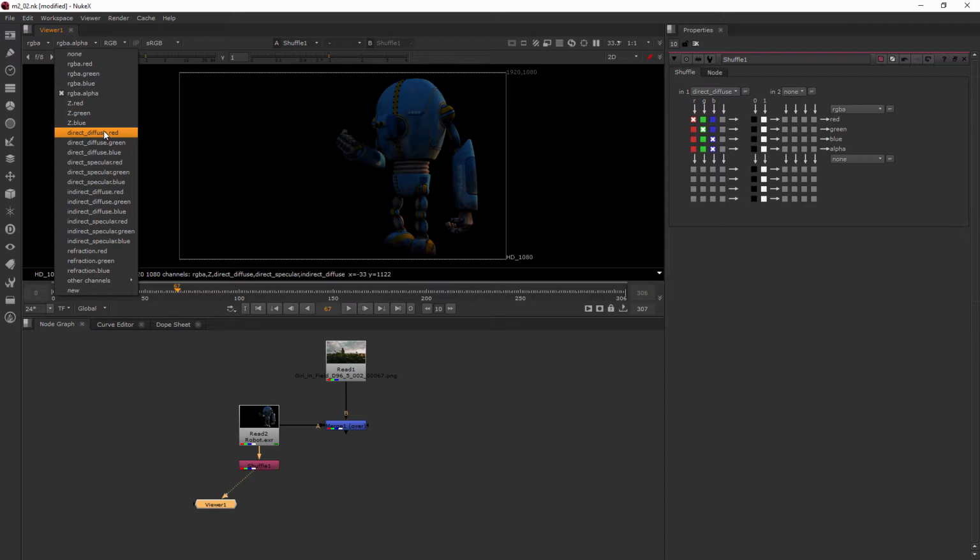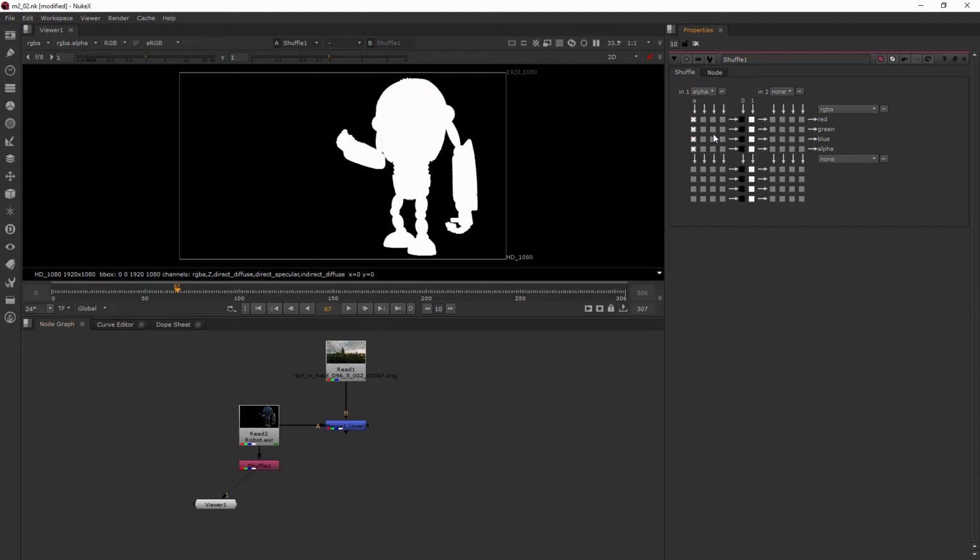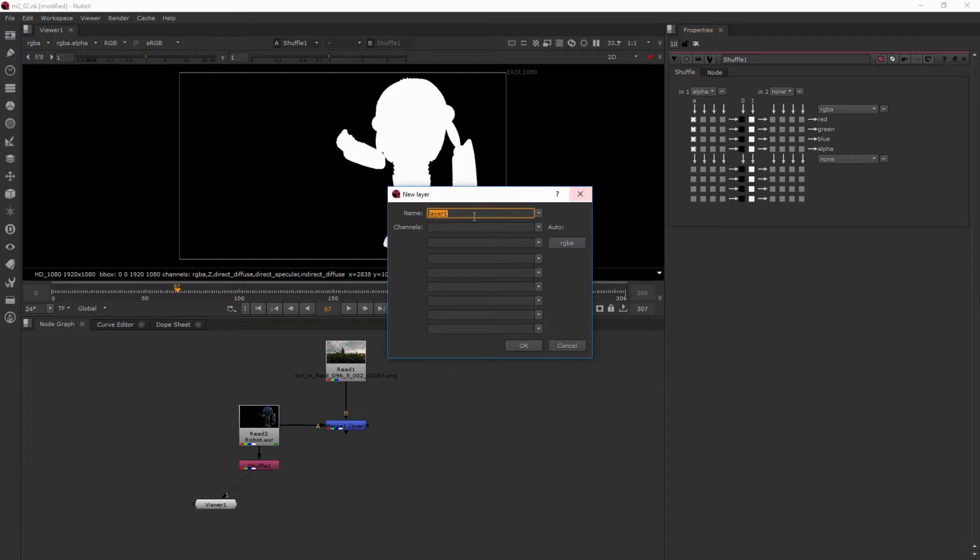Now, I want to show you how I can actually make a totally new layer out of a channel. So just to make it really simple, let's do it with our alpha. So of course I can just look at my regular alpha here, but I actually want to create a new alpha that's for the robot because later on I might have some other alphas and I want to have one that's specifically named for the robot. So what I would do in that case to create a new layer containing the alpha channel, I would go to new and I would name it robot_alpha,